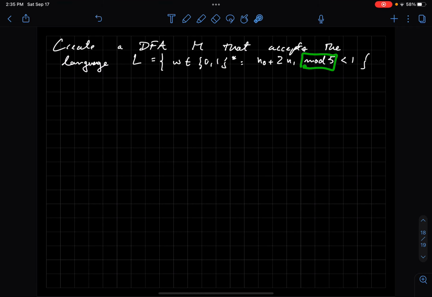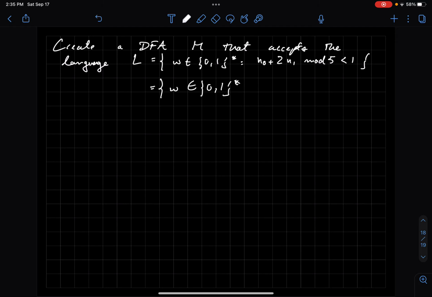modulo 5, okay? So modulo 5 is the remainder of the division of this by 5, right? So modulo 5 gives you the remainder. And the condition is that I want this sum mod 5 to be less than 1. So really, actually, I can rewrite this